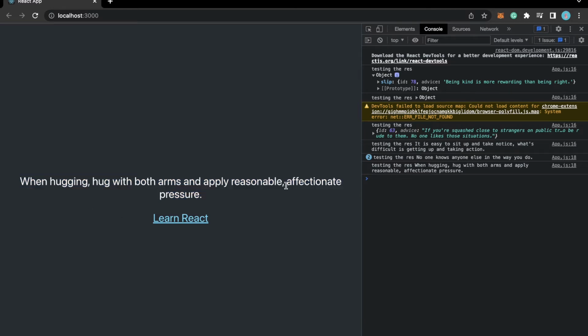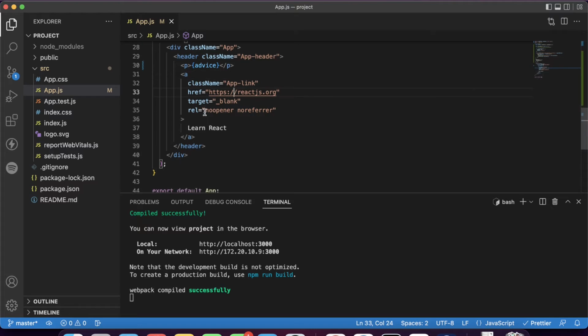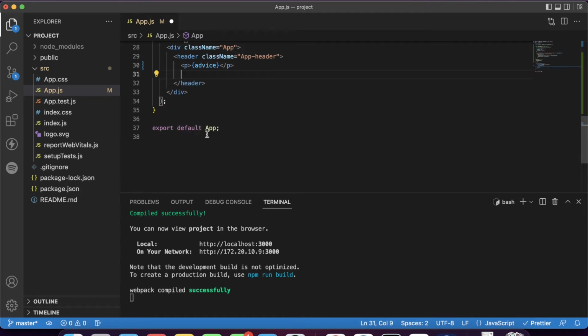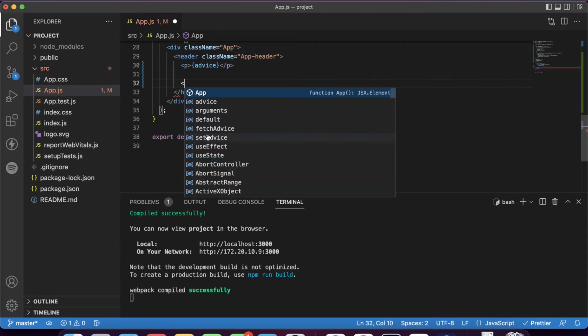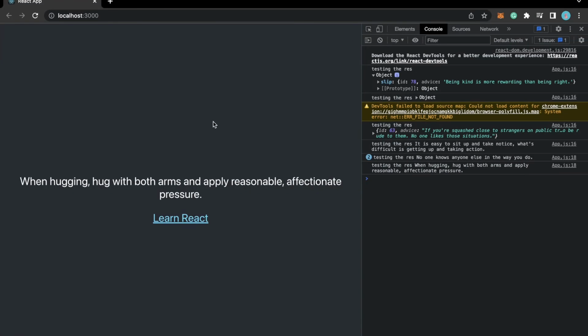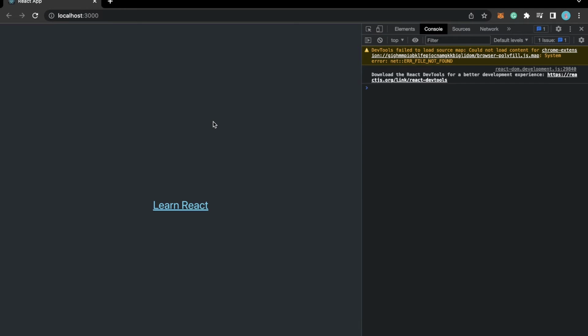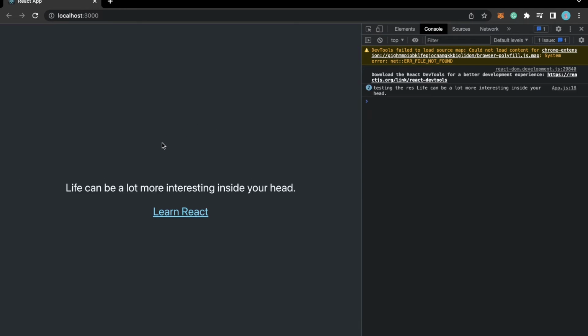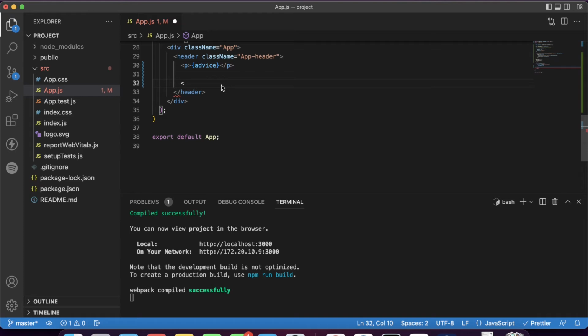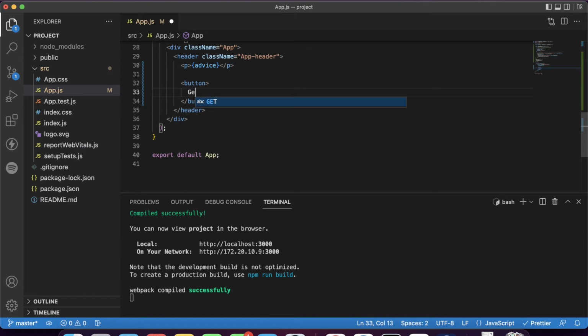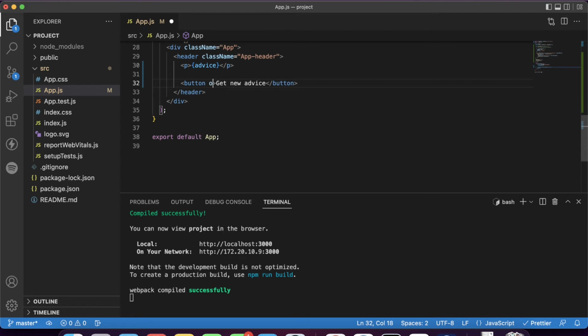So now it's complete, but let's add a button which when we click on it, we are able to like refetch it. Like if I want a new advice, right now if I want that new advice, I would have to refresh the app. So I just don't want to, you know, like keep refreshing it. So let's add a button, and I'll say here get new advice, or anything you'd like to mention, like you can add here. So I'll on click.